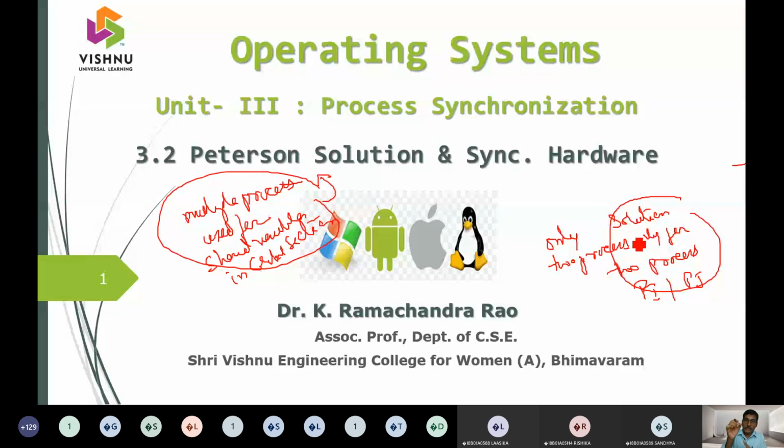But to make it work, the Peterson solution is going to come in, and it is going to use a word called locking. It is going to implement a locking mechanism along with mutual exclusion. Obviously, Peterson's solution has yielded results, and it has become a trademark of process synchronization in operating systems.